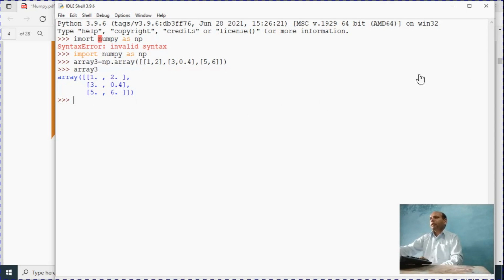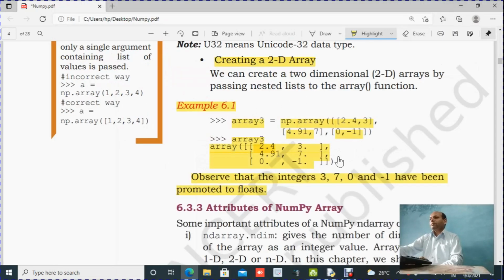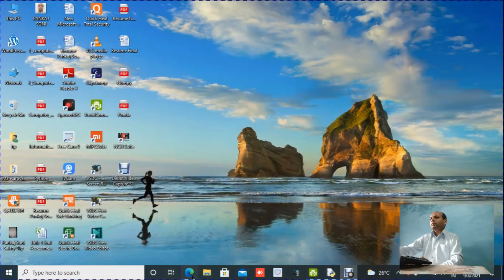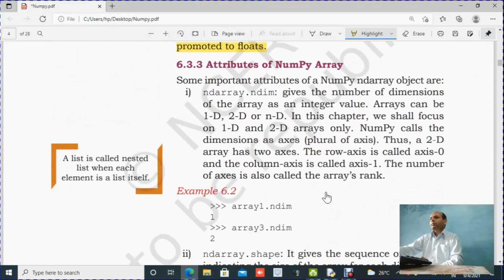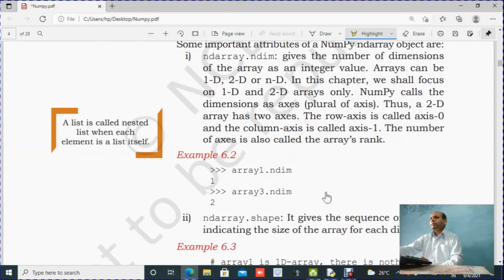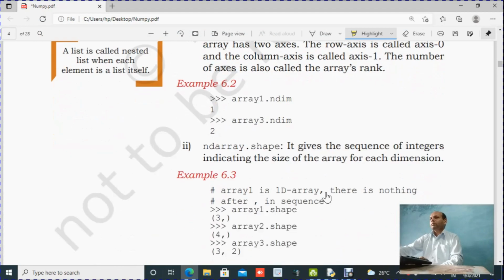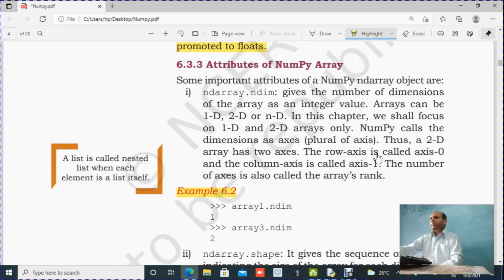Let's come to the theory part. Now one more example you are going to learn. Example 6.2. Here array1.ndim, 1 is printed, array3.ndim, 2 is printed. Here ndim means number of dimensions, one of the attributes of a Numpy array. Some important attributes of a Numpy ndarray object are